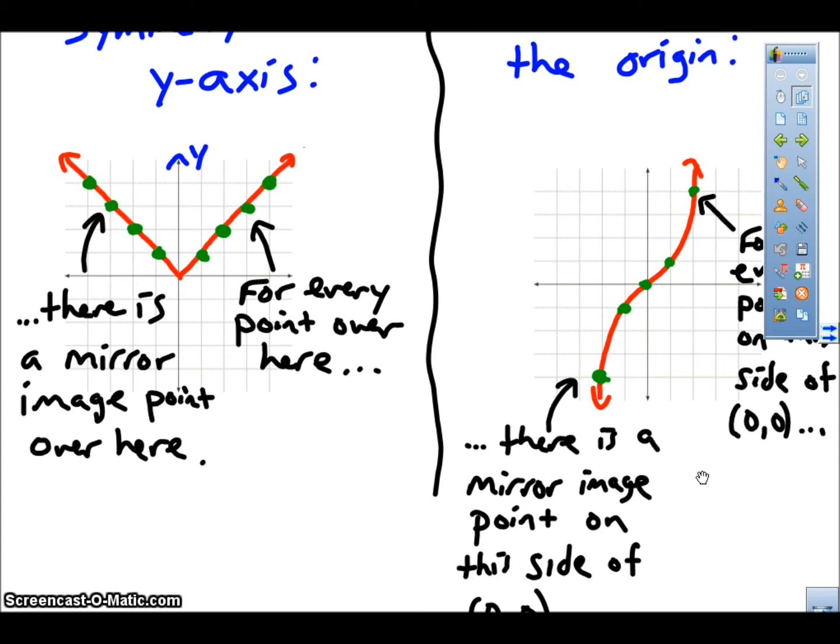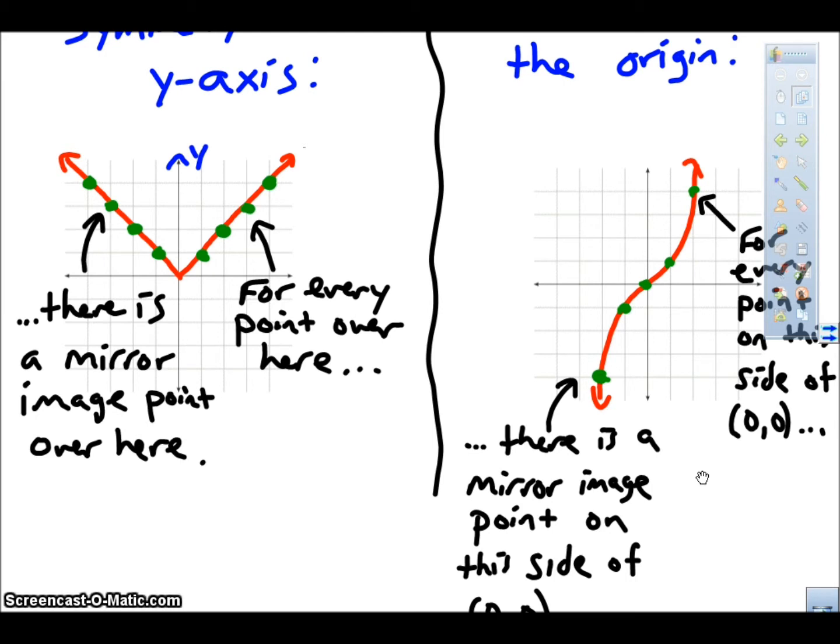of the origin, 0, 0. So notice that also happens with the point 1, 1. On the exact opposite side of the origin, we have the point -1, -1. It's exactly the same distance away on the exact opposite side of the origin, and that's what makes it symmetric